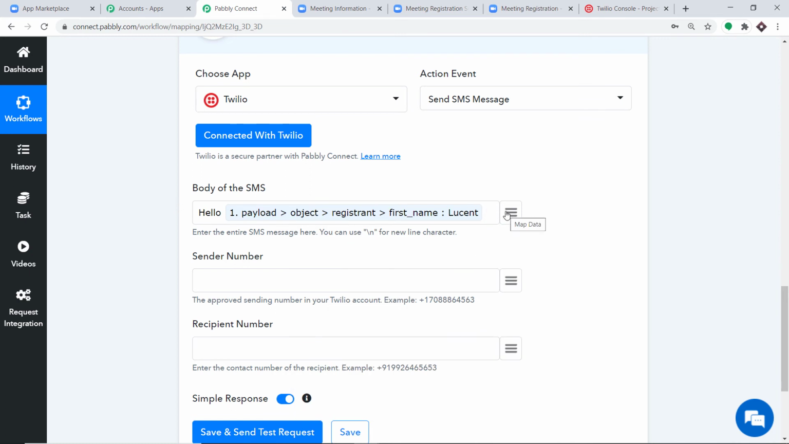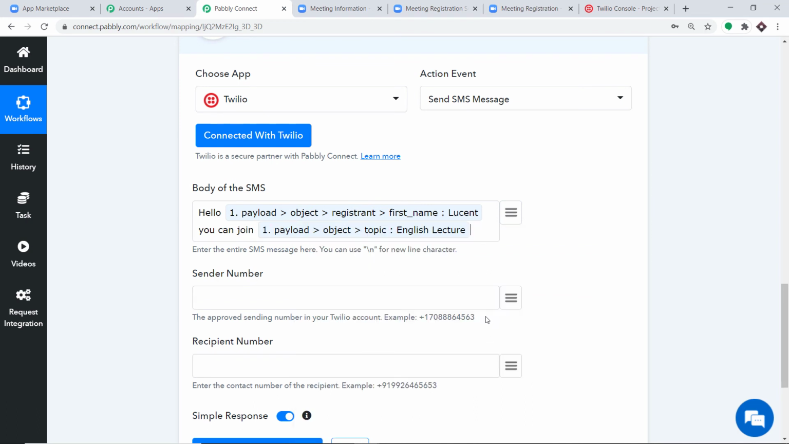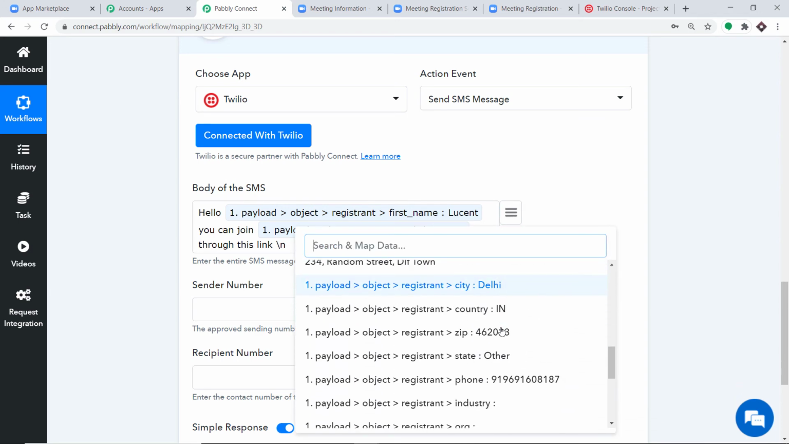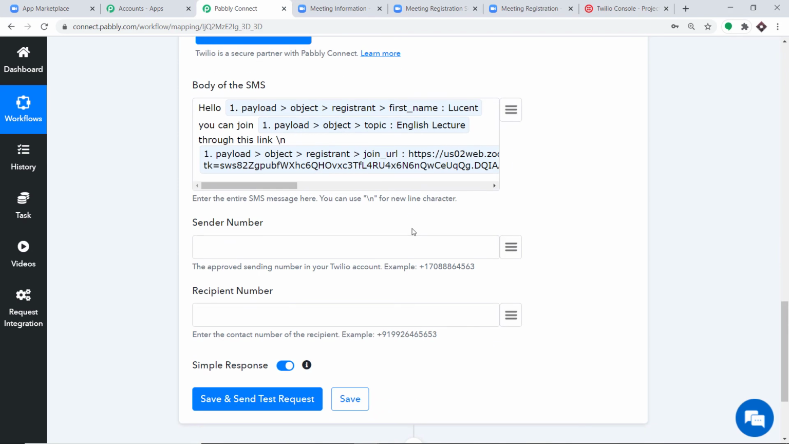Hello Lucent, you can join, and the class was English lecture through this link. And to enter a new line character, all you have to do is enter this character /n, and this is the URL that we want to send to Lucent William. So this is the URL, so we have mapped it. Excellent. So hello Lucent, you can join English lecture through this link, and this SMS will be delivered to this